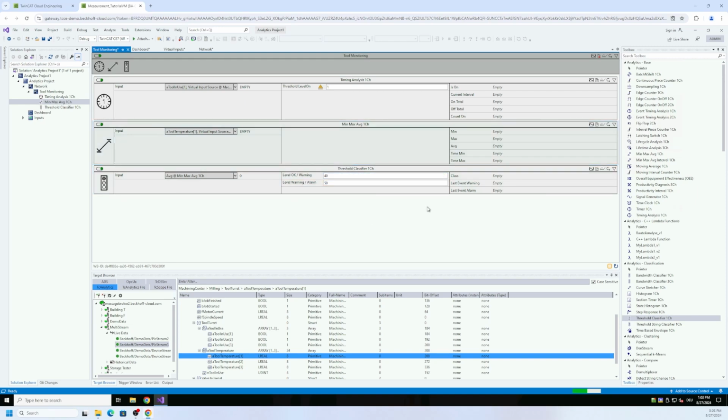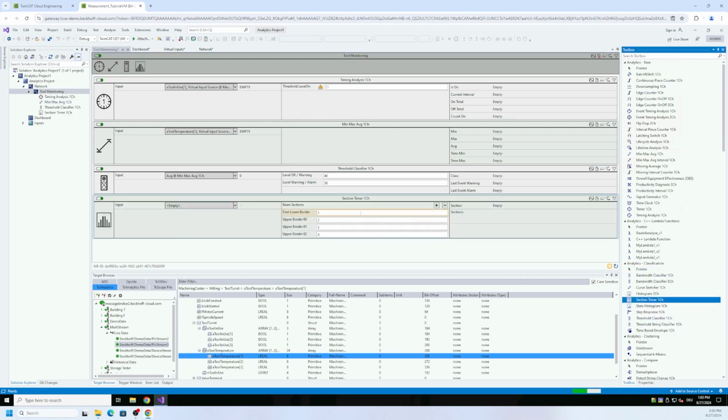And also a nice thing, especially for the observation of a tool, is our section timer, and the section timer is also a classifier in the end. So I take here the section timer. If I have already dropped one of the variables to the configuration, I can also go to the drop down menu here and choose my temperature again.